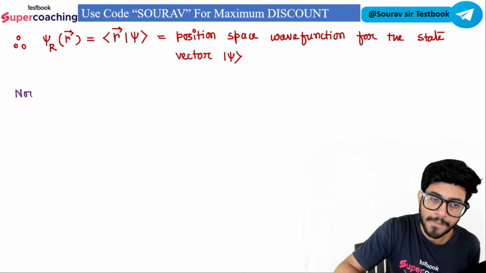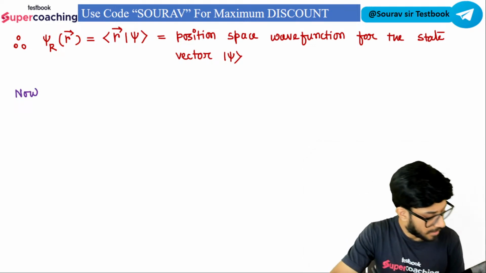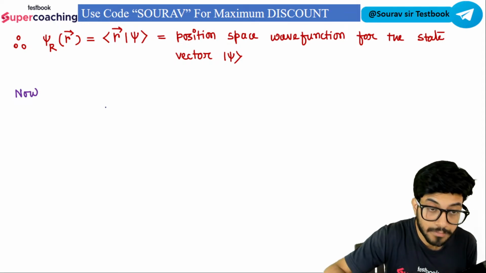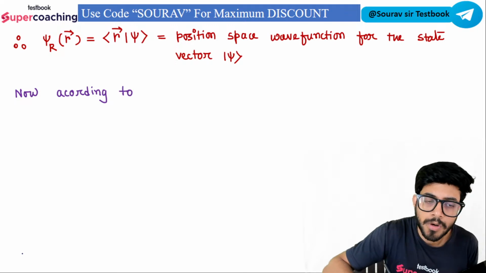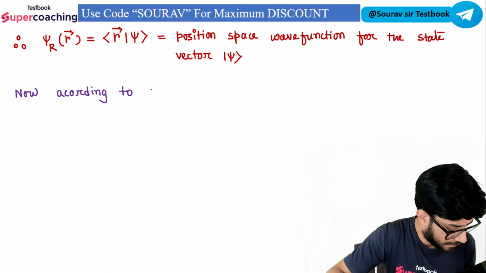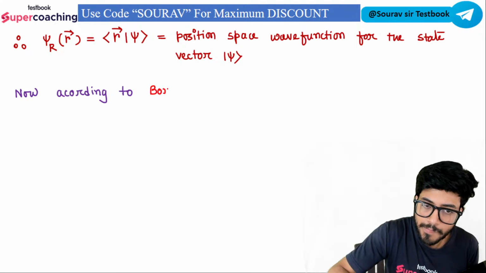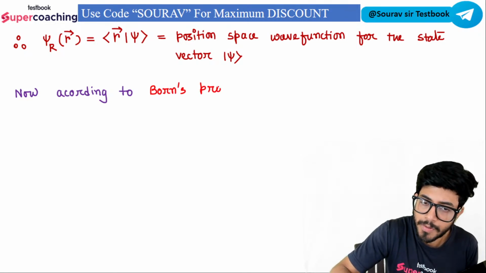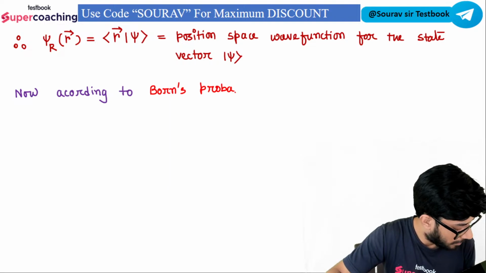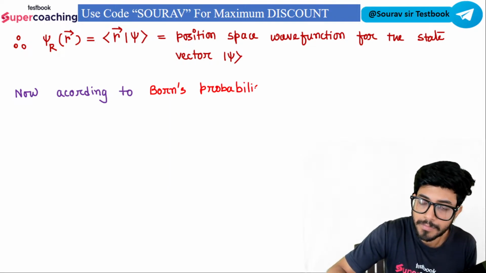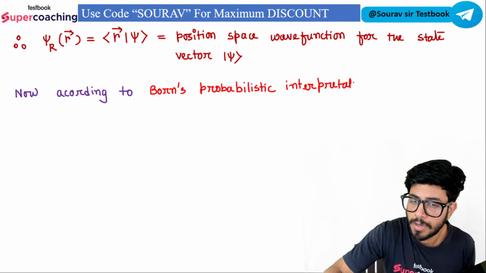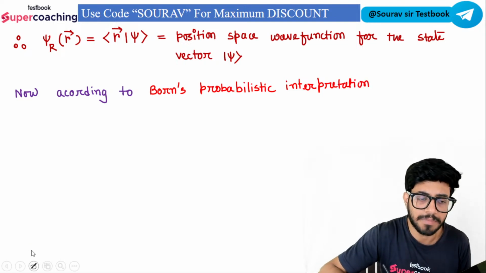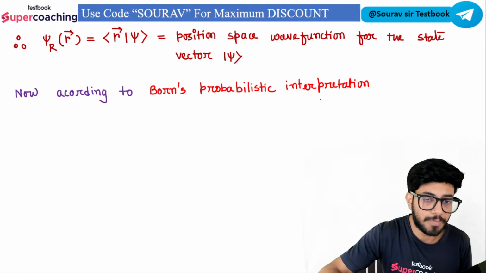Now, according to Born's probabilistic interpretation, what can you just write down? If we follow Born's probabilistic interpretation, then what can we say? According to Born's probabilistic interpretation,